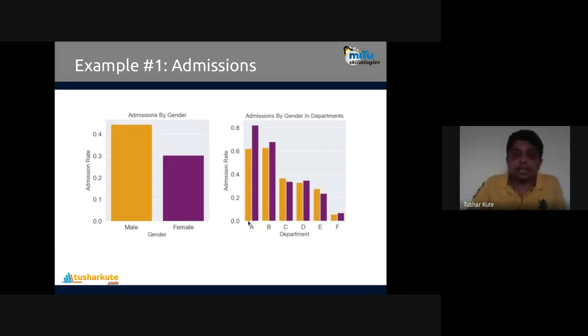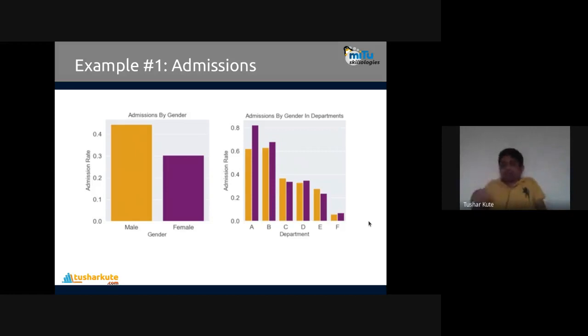See, in department A, an inverse situation is there. Overall it is male dominated, but here we can see it is female dominated, department A. Department B, again, here we have a female dominated area. In department C, we have a similar kind of thing. Again, in department D, we have an inverse scenario here. Here males are less, but females are more. And F also. So only C and E have the original scenario, but A, B, D, F, sorry, they have the inverse scenario of it.